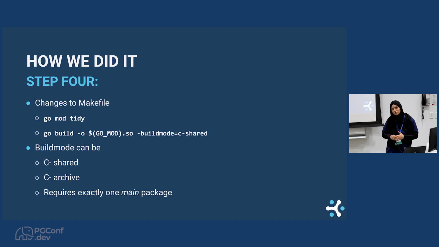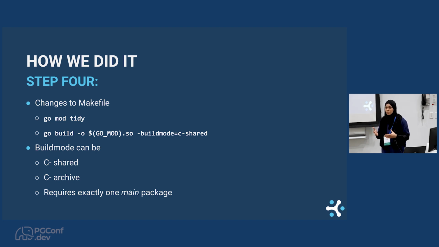One thing that we have to note here is that although Go has many different build modes, for this particular case, when we use CGO packages, we can only build in C shared or C archive mode. What it means is that when we build it, we require one main package, and of course you cannot have more than one package. But it also means that any package which is not main and is not called directly by main cannot be built by these build modes. That is something to be kept in mind, that we can only build one big main package.